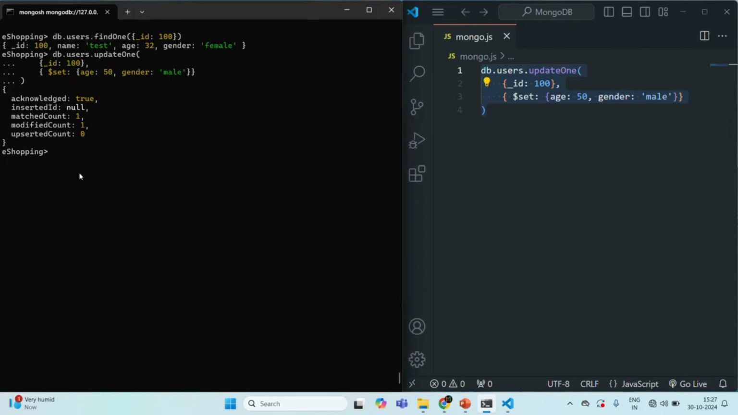Now we will understand what this upserted is and how it is different from inserted in one of the lectures of this course. But now if I go ahead and filter this document by using this underscore ID field, if I press enter, now you will notice that there the age is set to 50 and gender is set to male. Earlier, the age was 32 and gender was female. So in this way, using the update one method, we can update the fields of a single document. Let's clear the